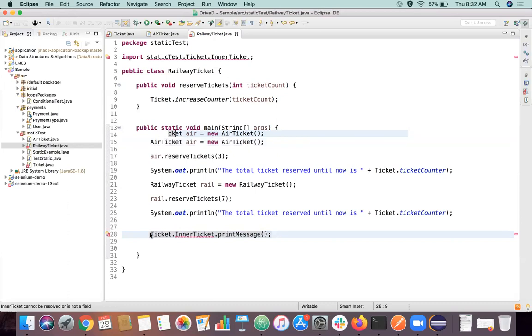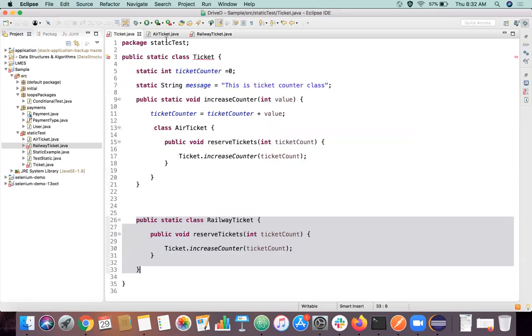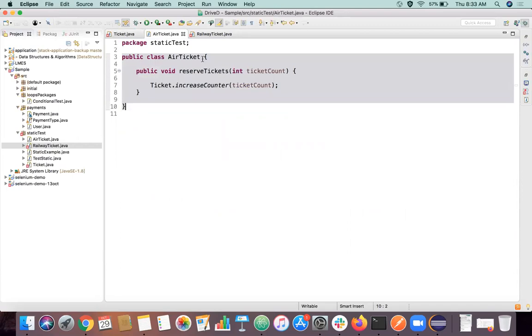By importing it, not inheriting it. I didn't want to show the inheritance example now because I didn't start that topic. We can directly inherit this, extend this class Ticket, also by doing something like this: extends Ticket. I can do something like this also, but I didn't want to show that because we didn't touch that inheritance topic.